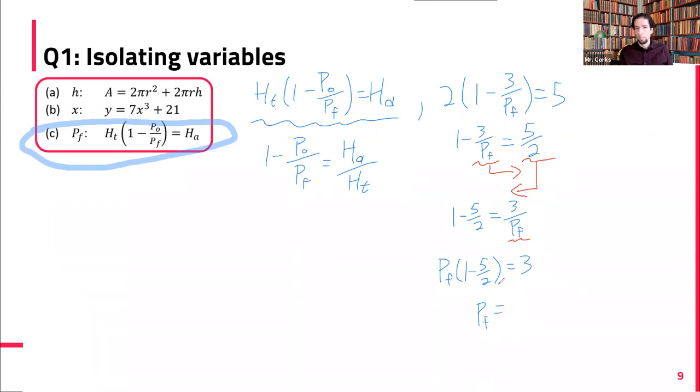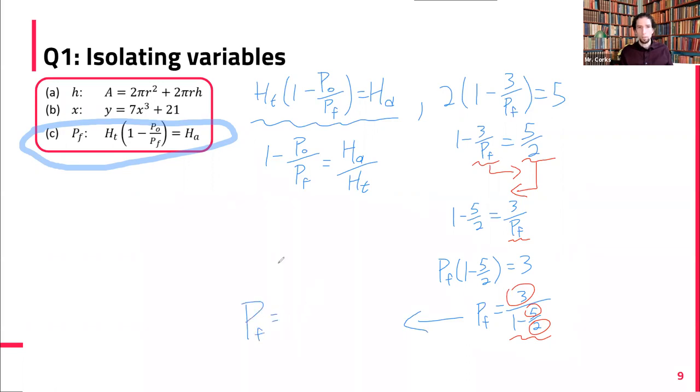Three divided by 1 minus 5 over 2. Yeah, so just the thing that now we are multiplying by PF, just divide by that. So 3 over 1 minus 5 over 2. And if I remember what the 3 is and what the 5 actually is and what the 2 actually is, I can just very easily take this and rewrite